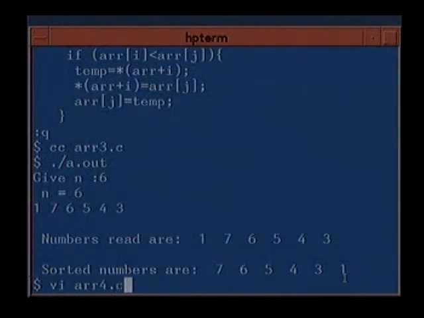Now, we will see, given an array declaration, what are the array indices, how are they allocated, can we print out their addresses and see how they are allocated.